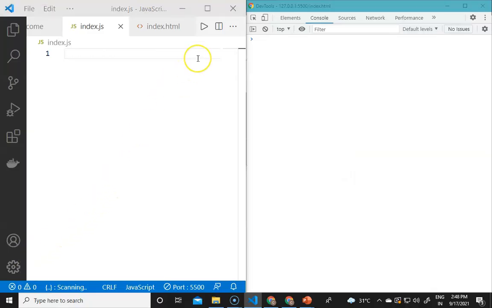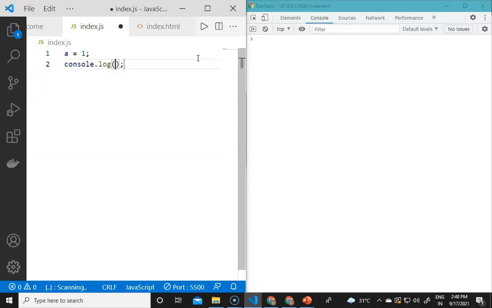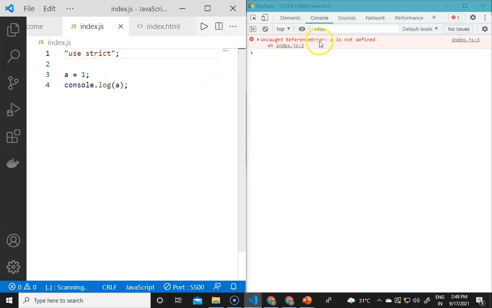So now we are in Visual Studio Code, and if I initialize a variable and give it a value like a equals 1, and then console.log the value of a, it will show us 1 in the console window, because there is no strictness in the code as of now. But if I use "use strict" at the top of the code and save, it will throw us an error that a is not defined, because we are in strict mode now.